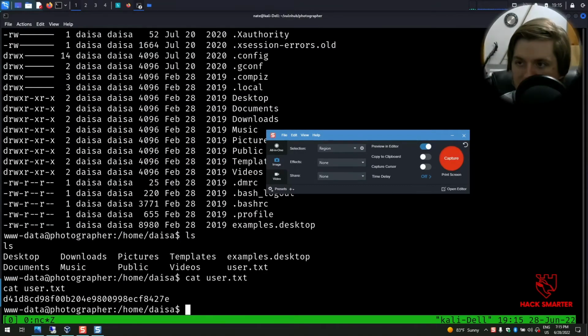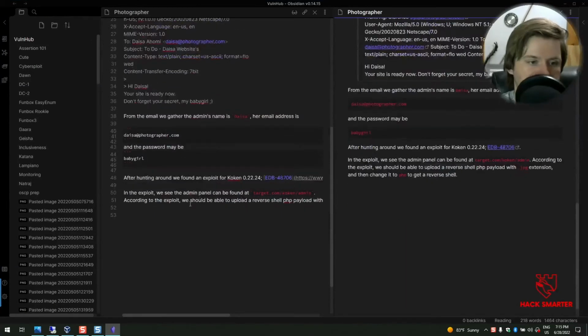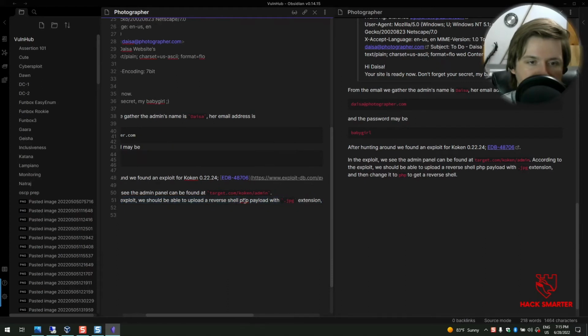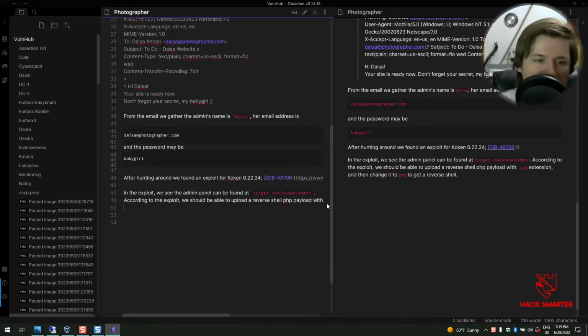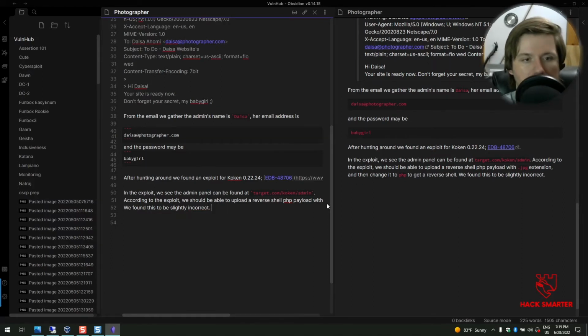Okay, let's fill out some notes so we don't get lost. In the exploit, we see the admin panel can be found, yada yada. According to the exploit, we should be able to reverse yada yada. Okay, we found this to be slightly incorrect, as the exploit is actually just uploading